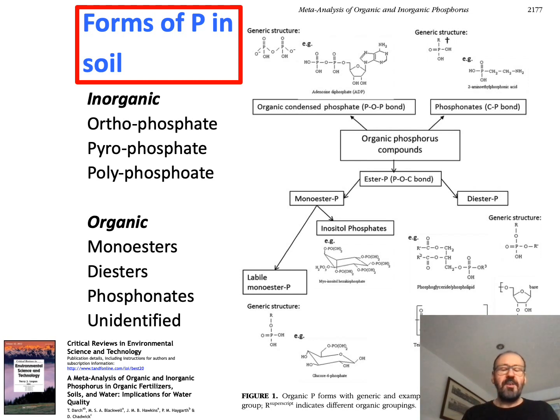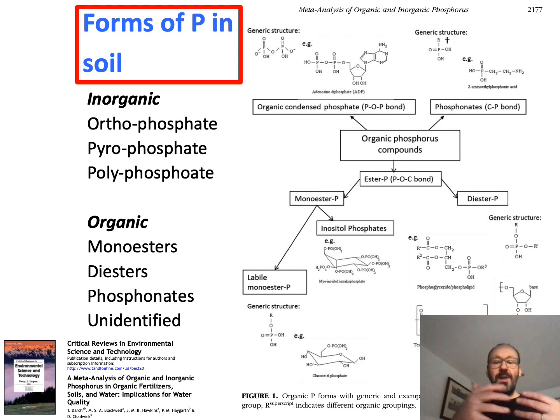But also of interest is the fact that there are other compounds which are called organic phosphorus compounds. They're organic in chemical constitution rather than organic in the kind of organic farming way. These organic monoesters, diesters, phosphonates, or other types of organic structures